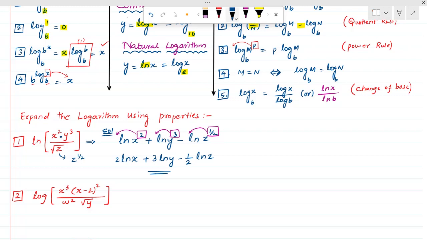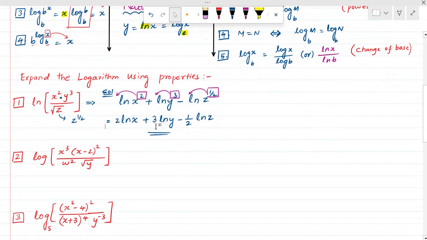In the same way, one ln function is given and we are expanding using the properties. So let us solve the second problem. Here we have the same rule. I can write this as ln x to the power